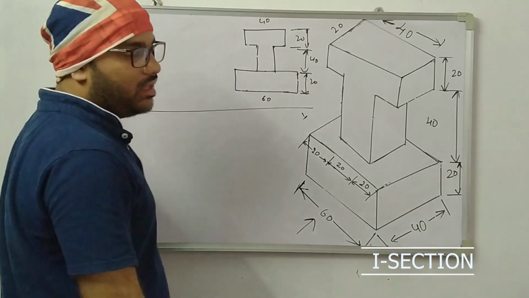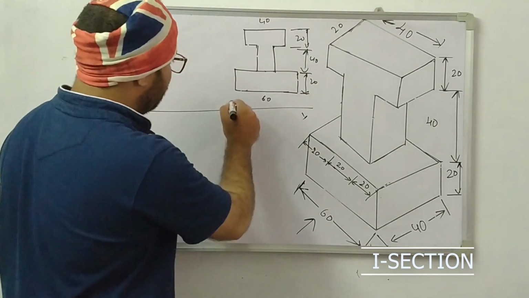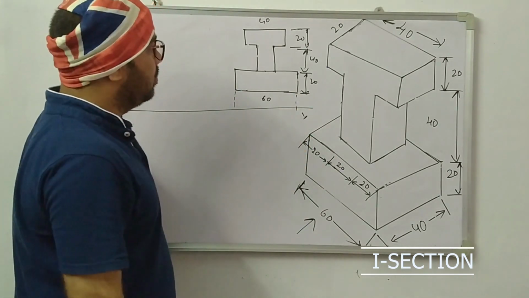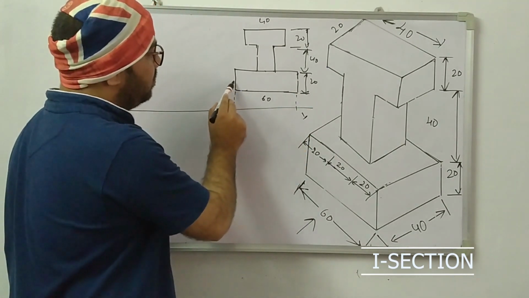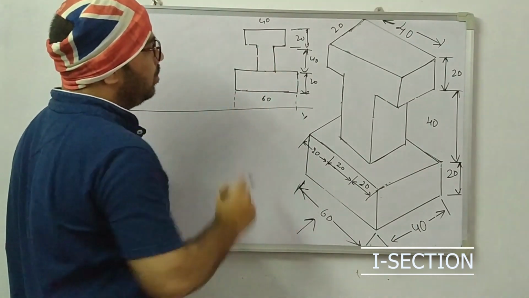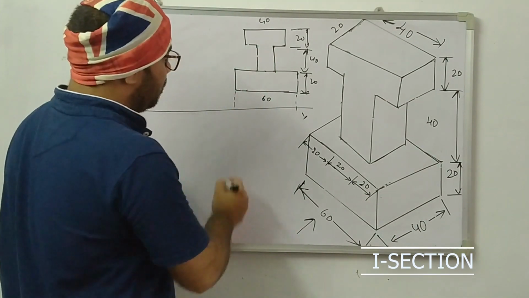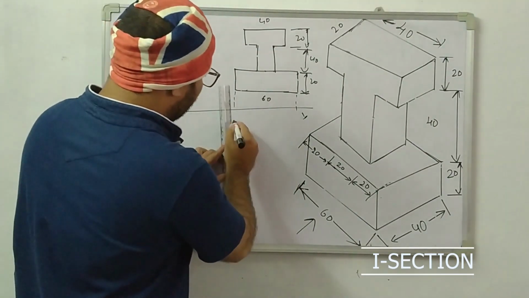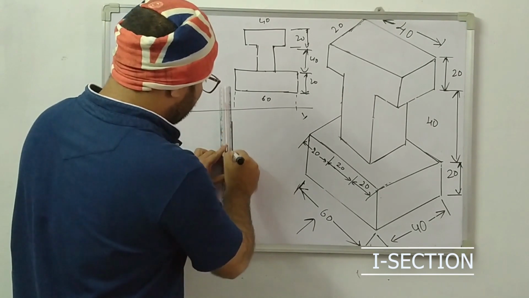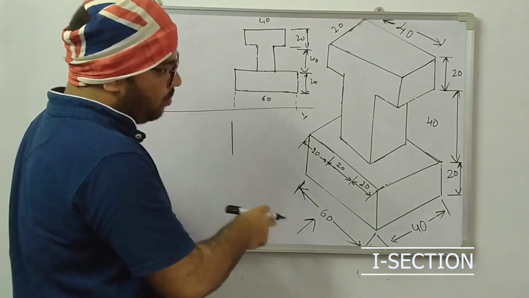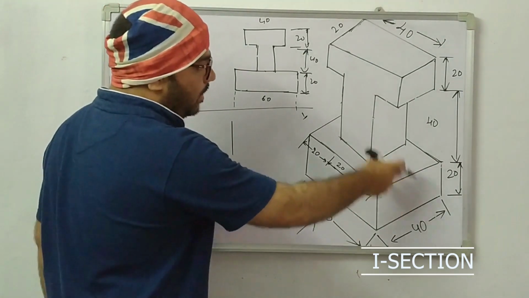Now we are simply drawing the top view here. To get the top view, simply draw the projection lines. So how many vertical lines are there? This is one vertical, this is vertical, this is vertical, this is vertical. So totally 6 vertical lines are there. So we are going to shift 6 vertical lines downwards. So give some 20 mm distance. Draw the vertical lines first.